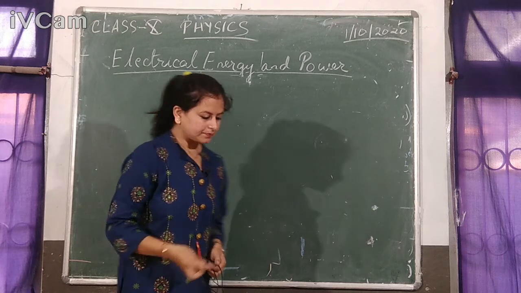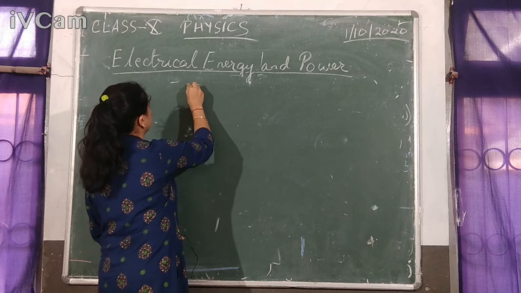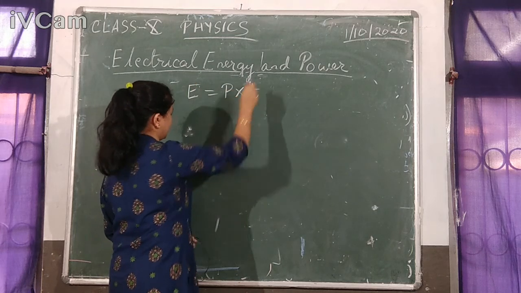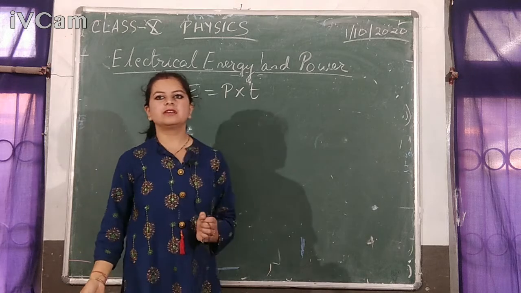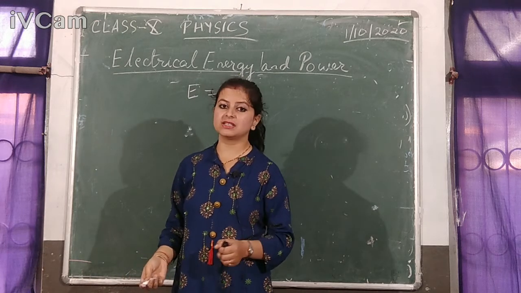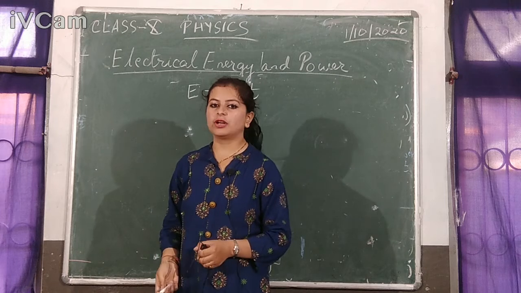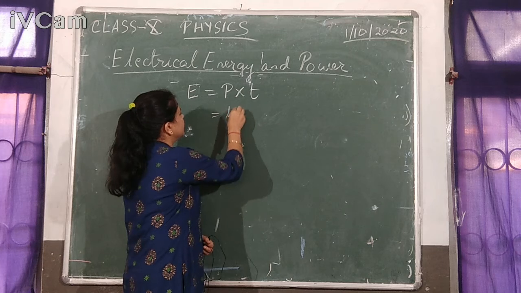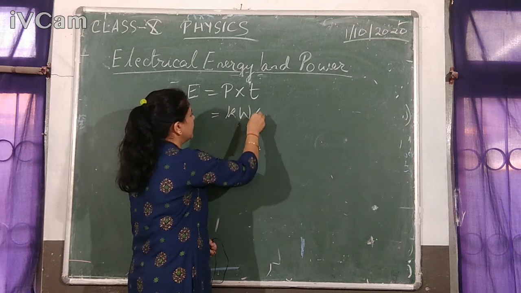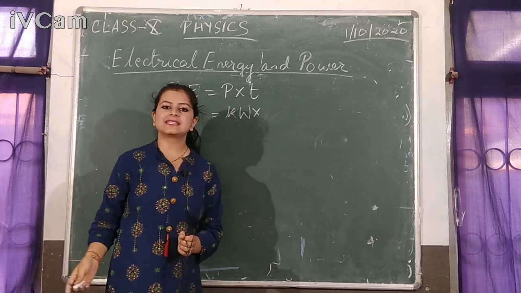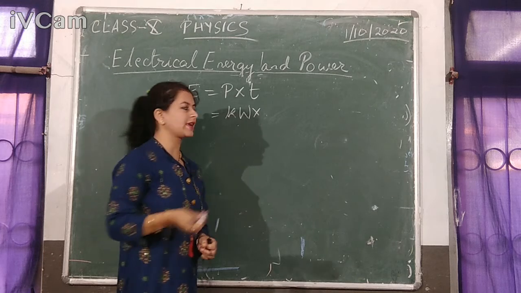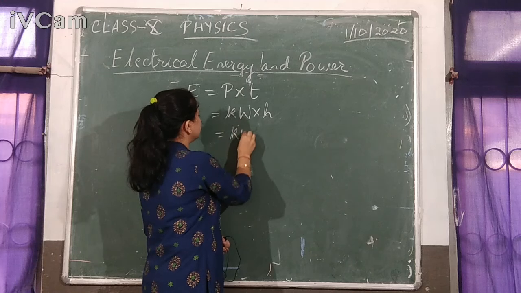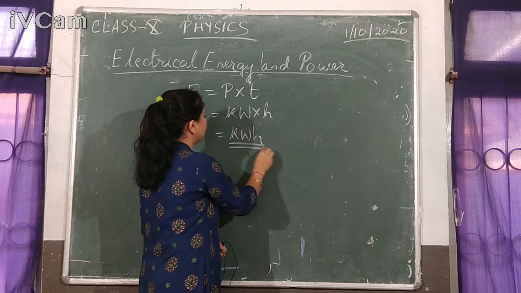Okay. Now, you know, electrical energy is equal to power multiplied by time. Okay, since the amount of energy will be huge because we are calculating for months together, we don't go for smaller units, we go for higher units. The unit of power you use is kilowatt, okay, and the unit of time we don't take second here because it is a huge amount of time, a long interval of time, so we go for hour. So the commercial unit of electrical energy is kilowatt hour.